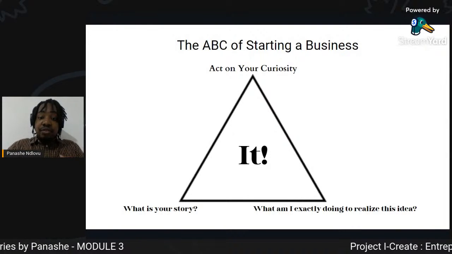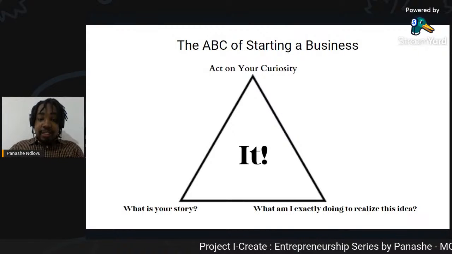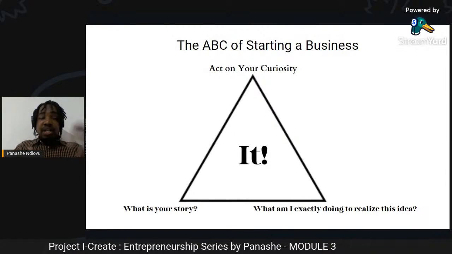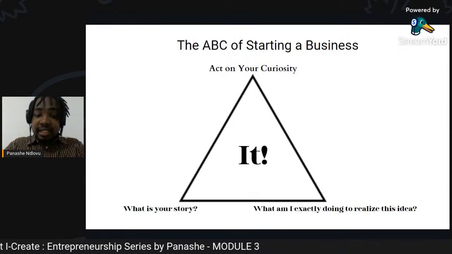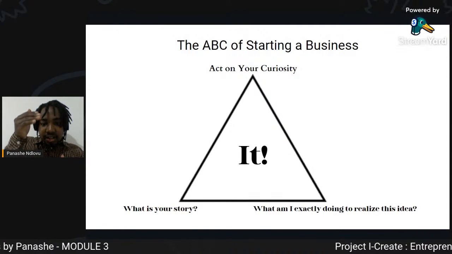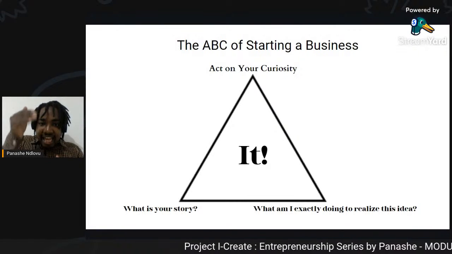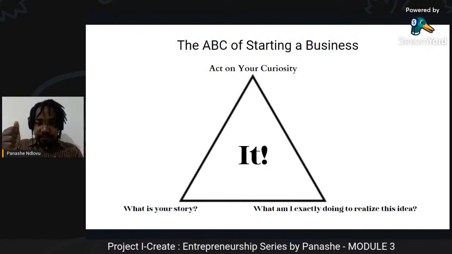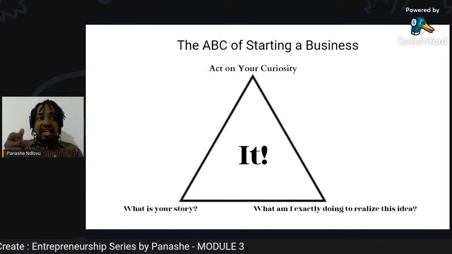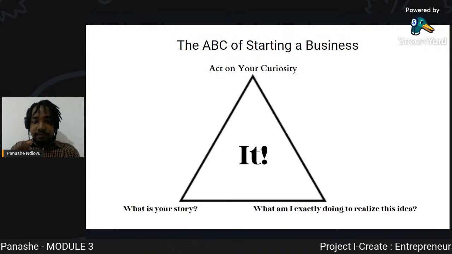And you have got the enthusiasm and you've got the energy to get started, right? But to get to that point where you now realize it, one important thing that you need to do is just to act on that curiosity, act in that moment of creativity, act on that idea that comes.